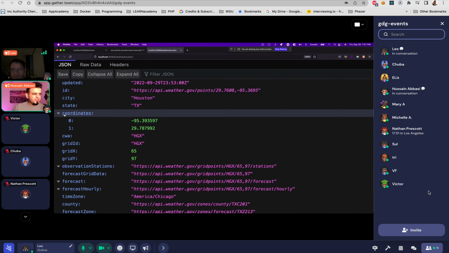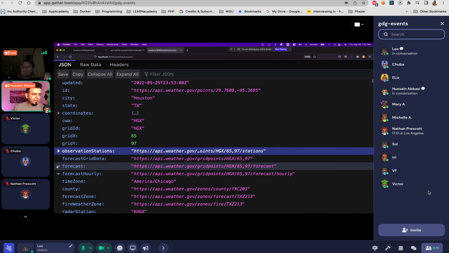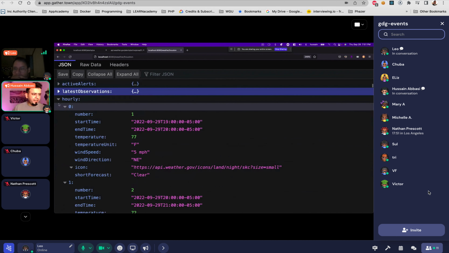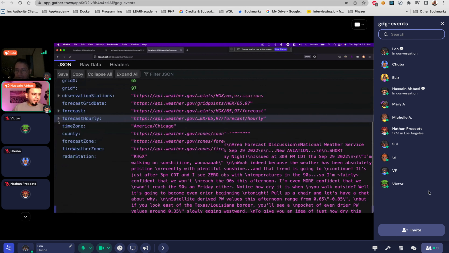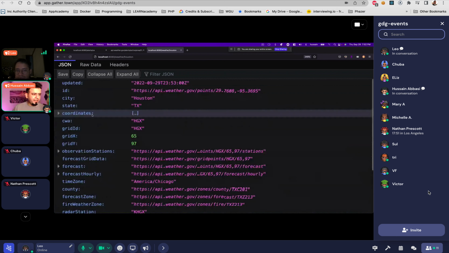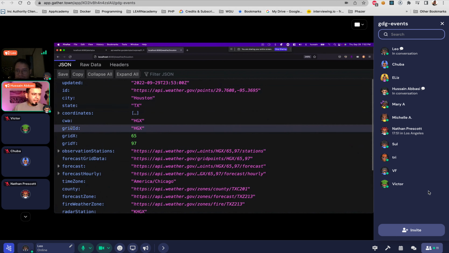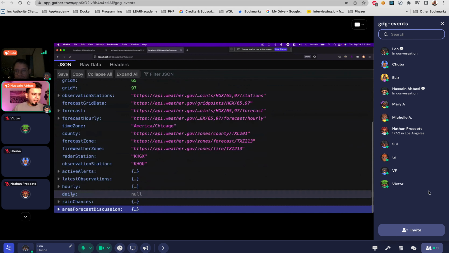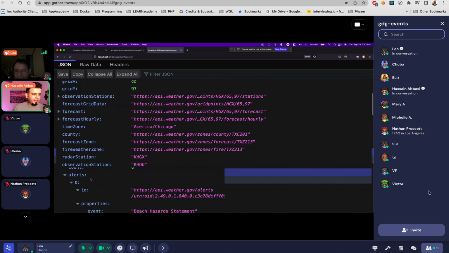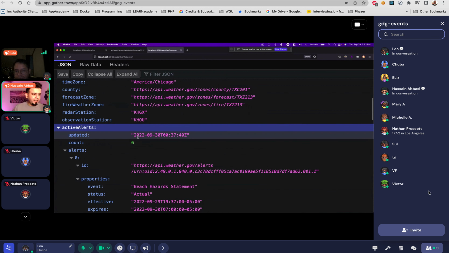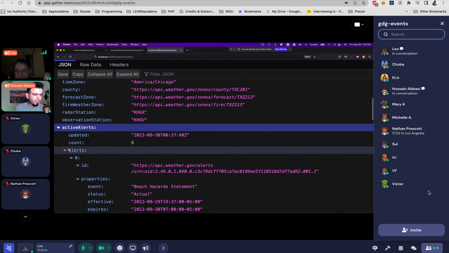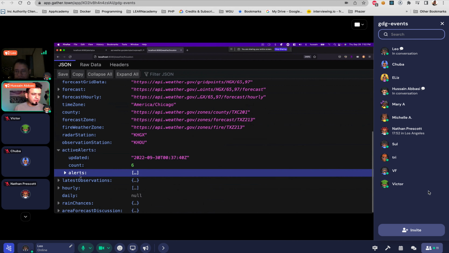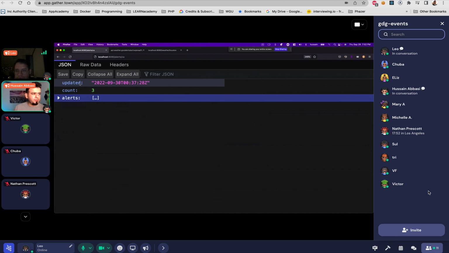So now you see in my city, I'm bringing in about 10 different APIs in a single place, which is pretty neat. And this is the response for my weather response. So I have updated ID, but then in here I have something called active alerts right here. And active alerts are for that state that I'm in. And if you notice, this is the same exact object as the alerts response, which is updated count and alerts, which is right here, updated count and alerts.